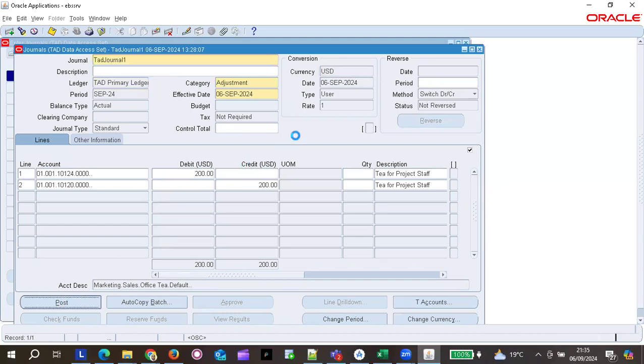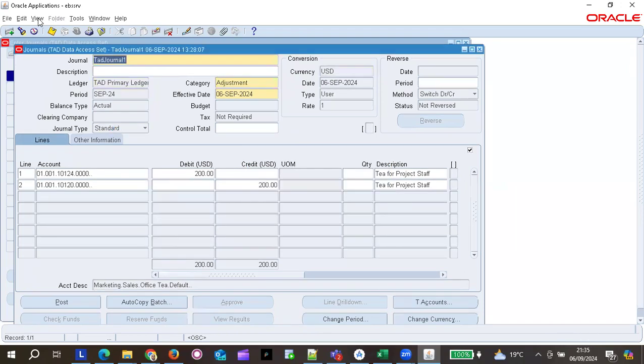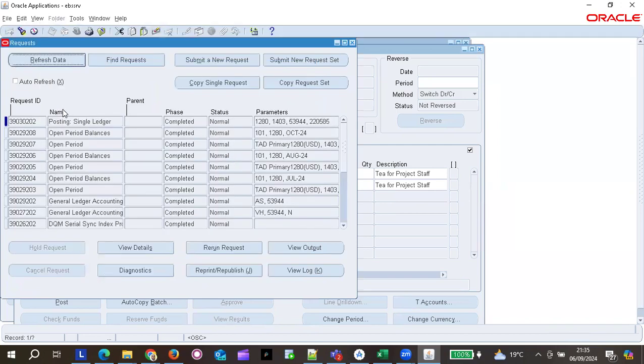So click on post, and the system will submit a request for posting to the concurrent manager. Click on find, and it has single ledger posting program has completed normally. So we can close this,